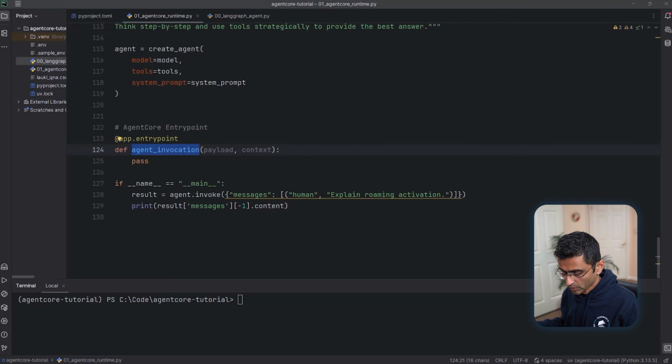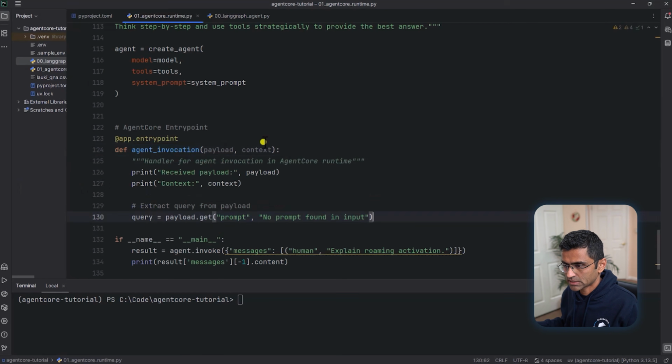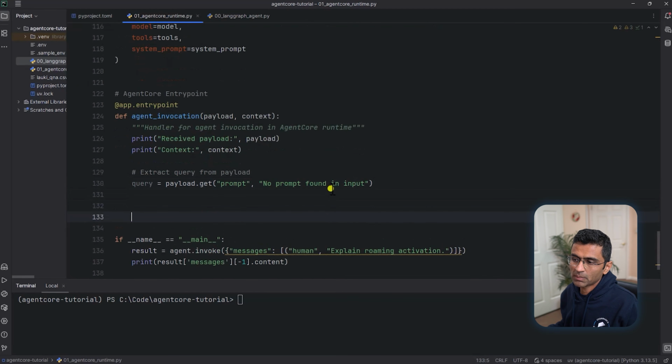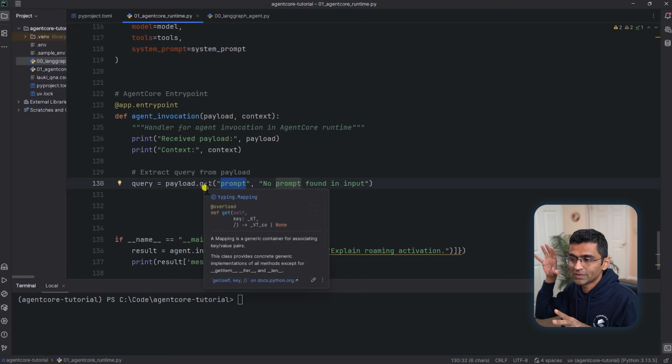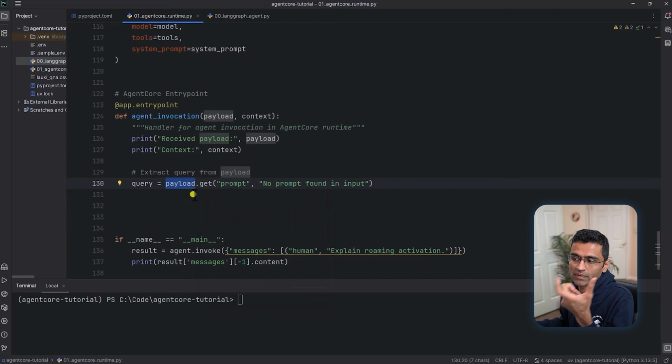Okay, so what you get from payload and context is payload is used to pass information such as prompt. So it's a dictionary. It will have different elements. One of the important elements will be prompt. So when you invoke this agent, you will supply this prompt, and it will come in payload variable, and then